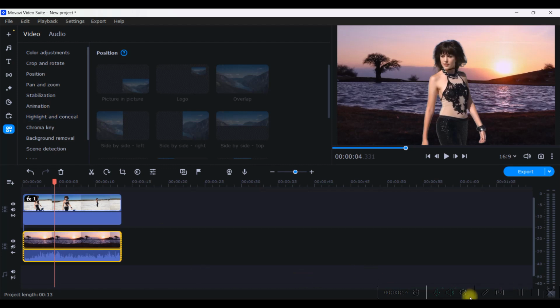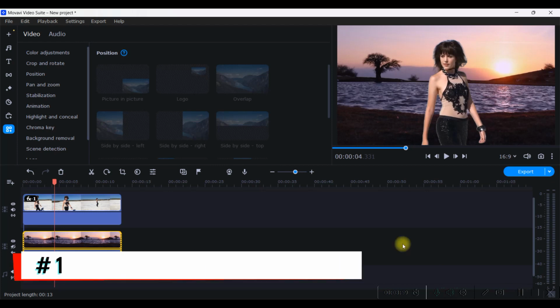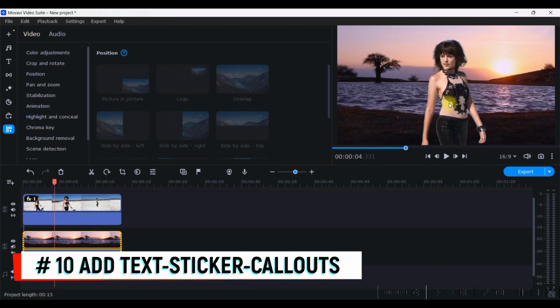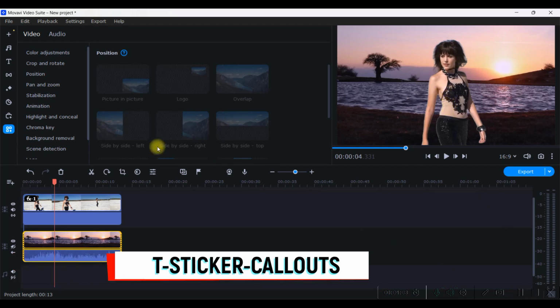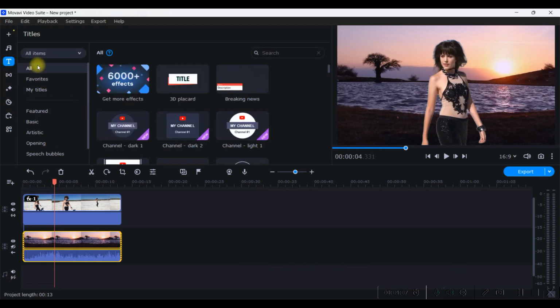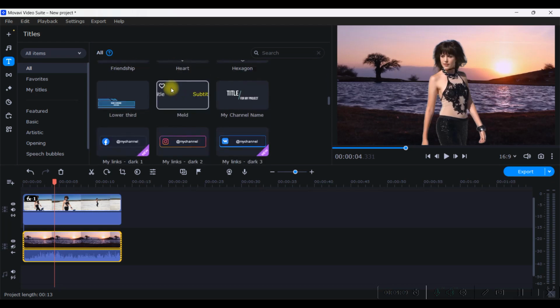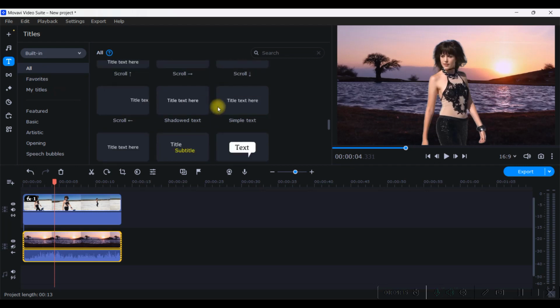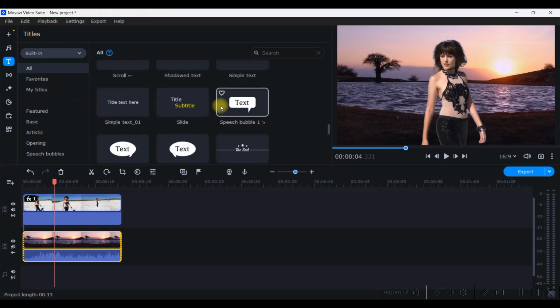So with that, let us move to our next option, where I would be adding one text and giving it a new preset so that it can be used again and again. So for that, let us go to this text option. Here in the all section, you get different types of texts. Now there are three types of text available. One is built-in text. These are free to use. You can use it for any video.